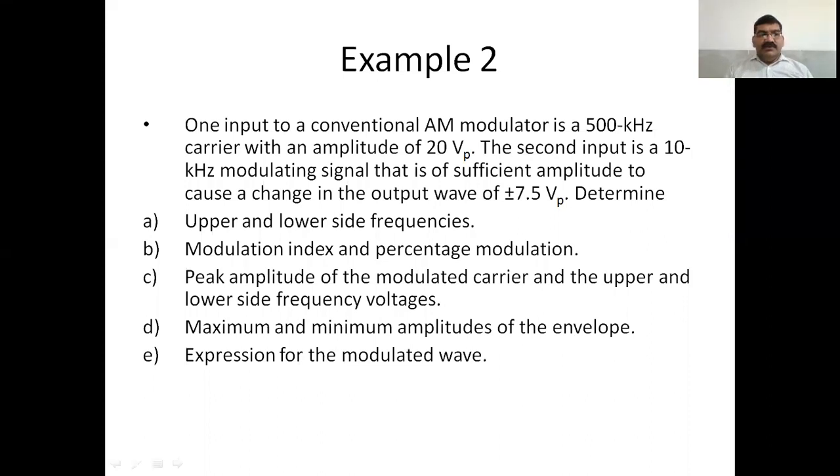What will you do? Upper and lower, same process, only the numbers are changed. The frequency is 500 kilohertz. And what is the modulating signal frequency? 10. So 500 plus 10, 500 minus 10. That's it. So that is 490 and 510, correct. Pranay has given the answer, and Meghna has also given the correct answer. So this is the correct answer. Anybody can unmute and also give the answer, that will be also okay.